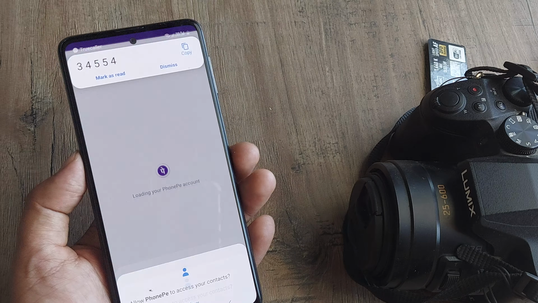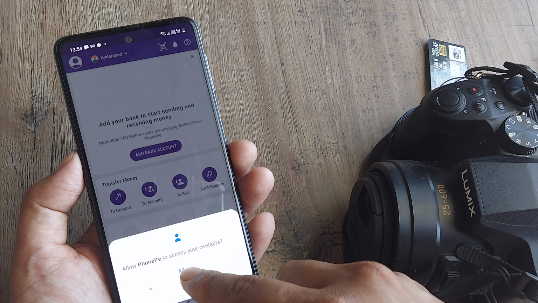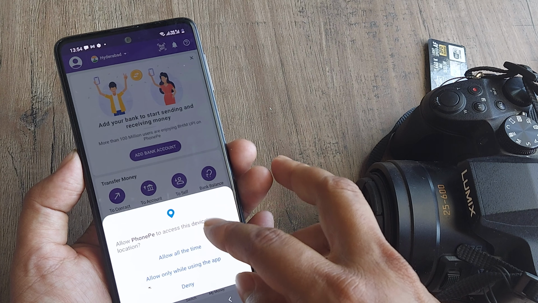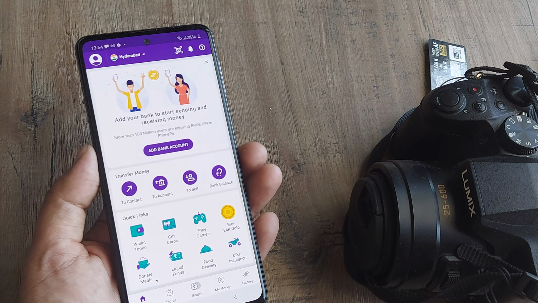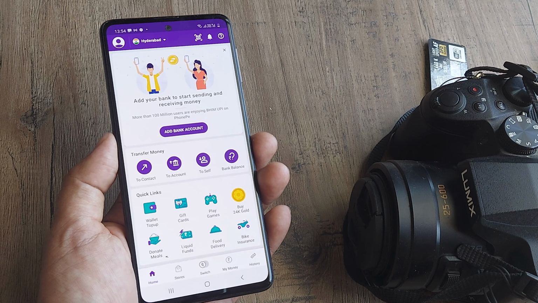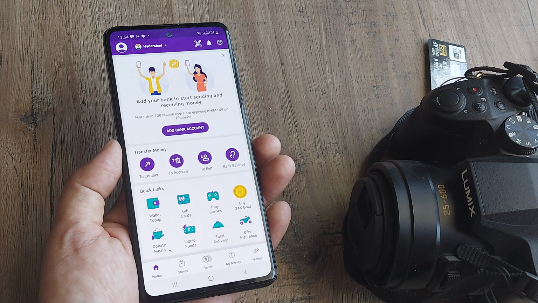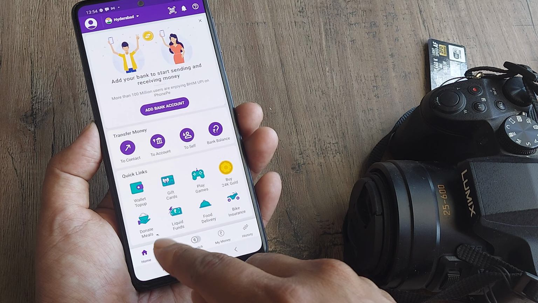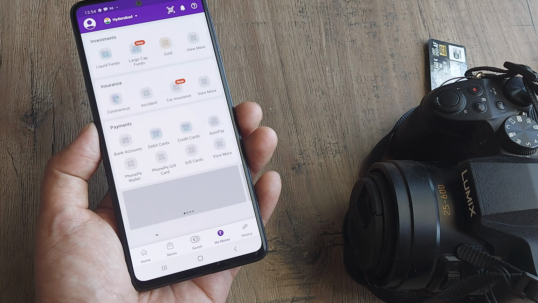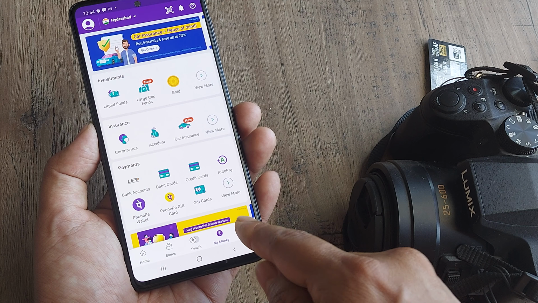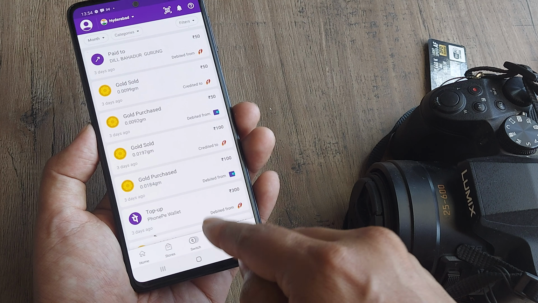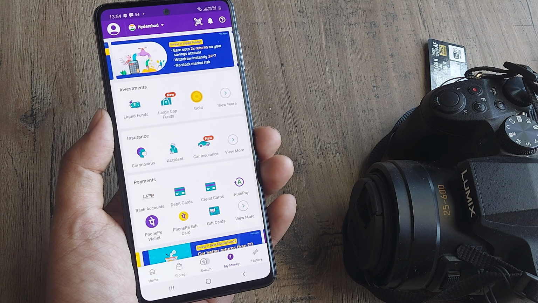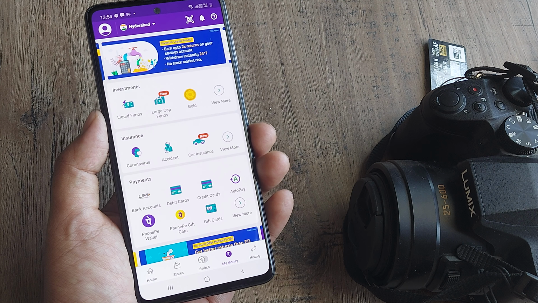So this is how it would be, you need to give the app all access permissions: managing phone calls, the device location during the app, and accessing contacts because you may want to send money to some people. This is how the app would look. This is the home page and you have different pages here like the stores, the money, the history, wherein you can see whom all you have paid. I have been using this account. This is how you would create an account with the number that you put in.